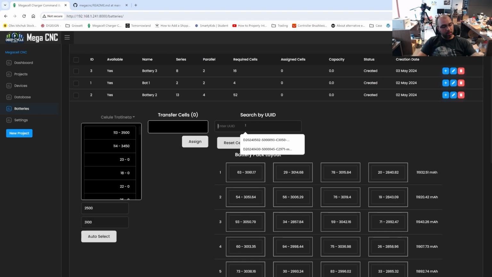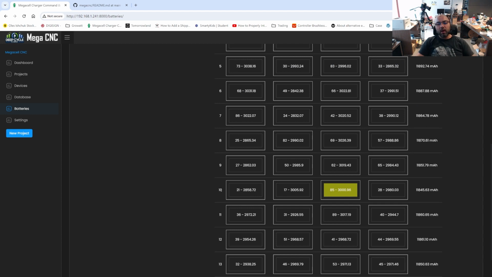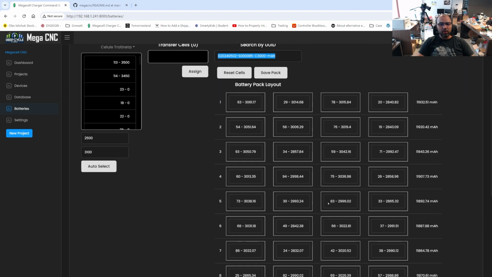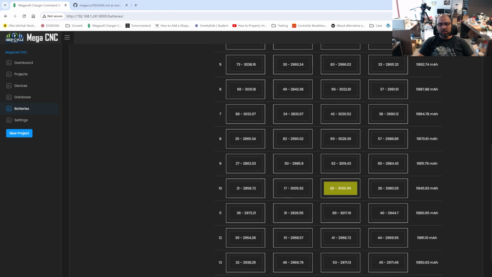And if we begin scanning the cells, you see it found it on the 10th row right here. So I just grabbed it random, but because there are so many in this pack, it just found it and says okay, it's on string 5. It doesn't matter that it's the 4th cell or the first one, you just put it on the same string. That's what is important, to have balanced